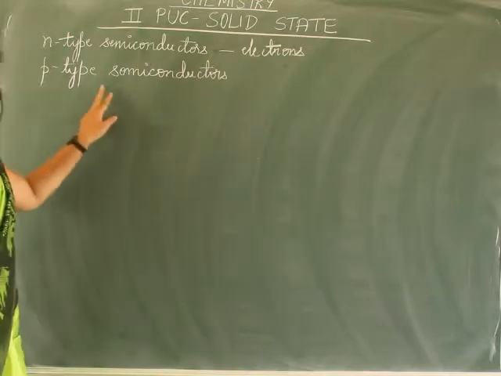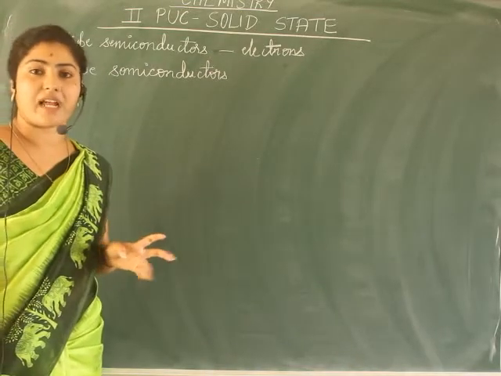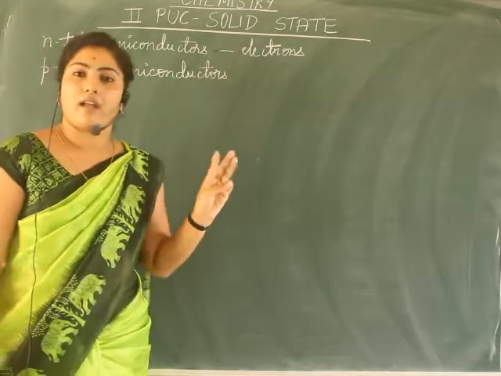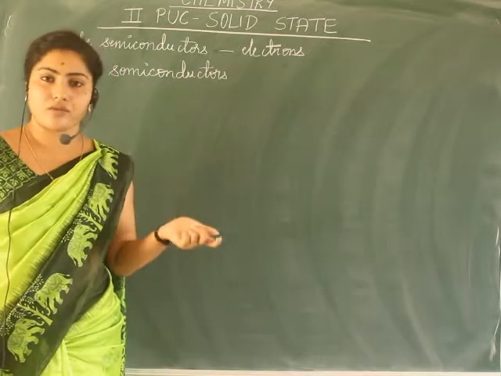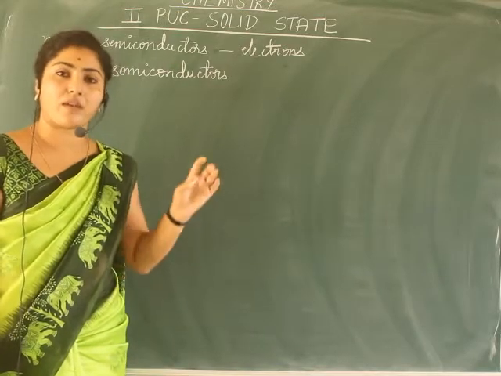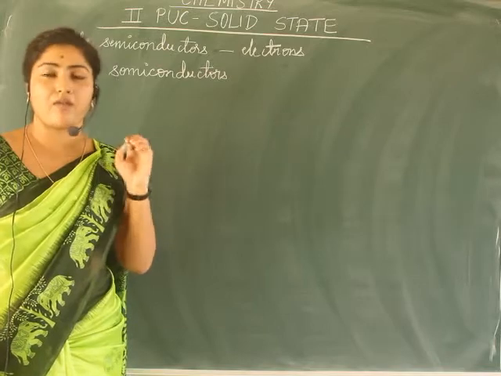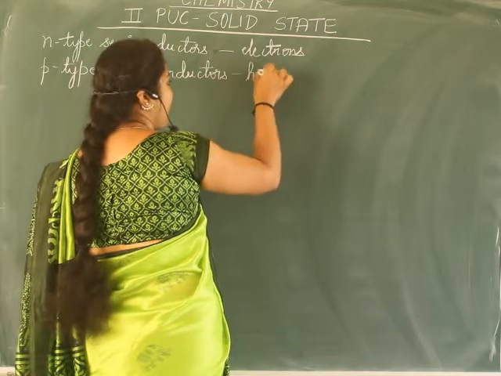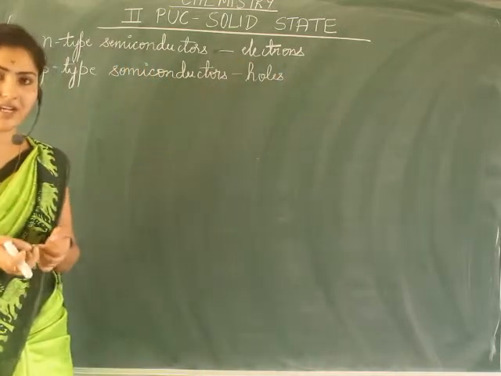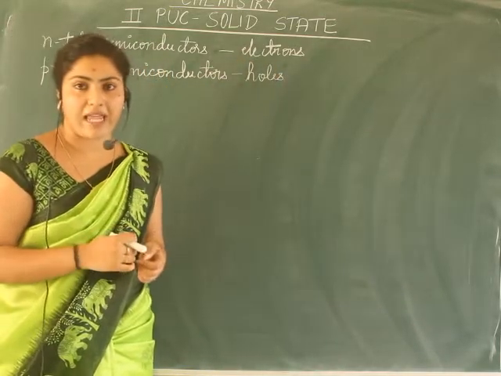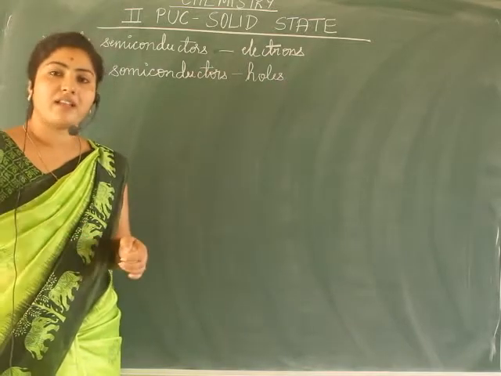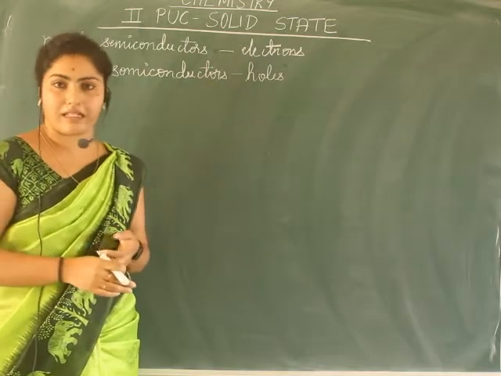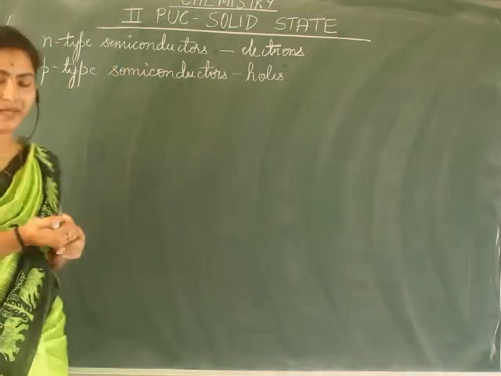Whereas in the case of P-type semiconductor, a trivalent impurity is added. Trivalent impurity means the valency is 3, and in that valency 1 electron is less compared to silicon or germanium, so there will be a space or vacancy created, which we call holes. When we observe the conduction, we feel that the holes are moving and the conduction is taking place. So usually we say holes are the charge carriers. But in fact, what happens? Some neighboring electrons come and occupy that hole, and then the conduction takes place. So that's about N-type and P-type semiconductors.